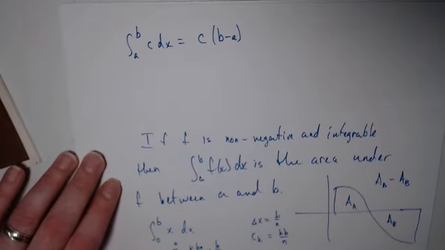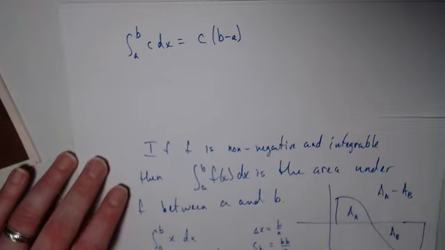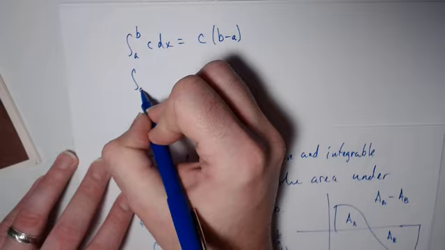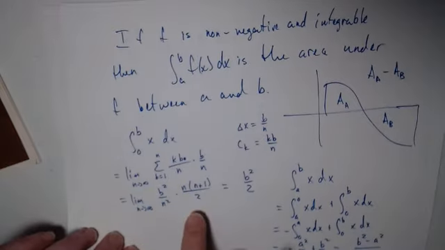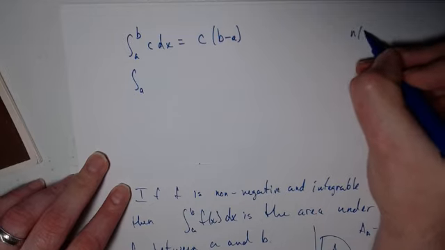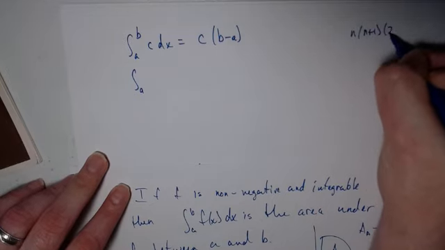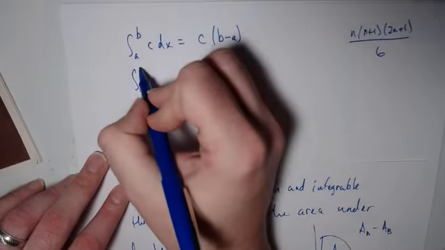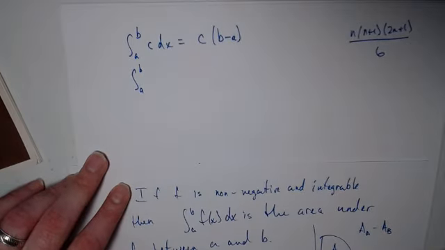Try to set up a Riemann sum like we've been doing. And then if you really want to challenge yourself, this one relies on one of the formulas like we had last time, the other one, n times n plus 1 times 2n plus 1 over 6. So if you remember that one,